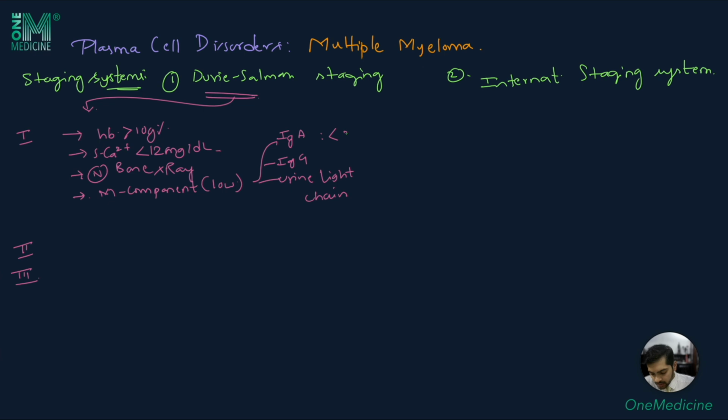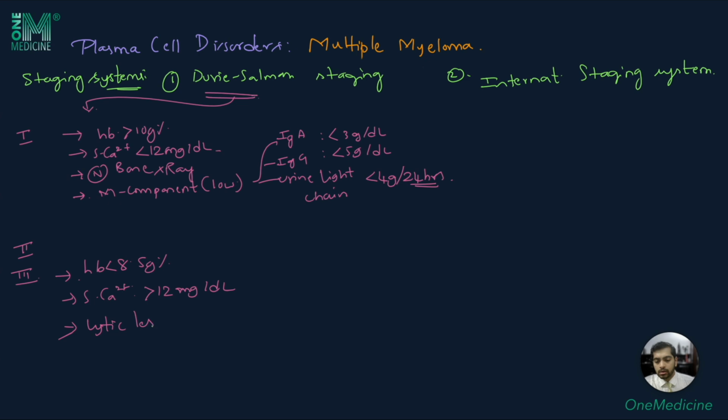IgA of less than 3 grams per deciliter, IgG of less than 5 grams per deciliter, or urine light chain of less than 4 grams per 24 hours is considered stage 1. Stage 3 is when hemoglobin of the patient is less than 8.5 gram percent, serum calcium is more than 12 milligrams per deciliter. There are lytic lesions seen on radiography,